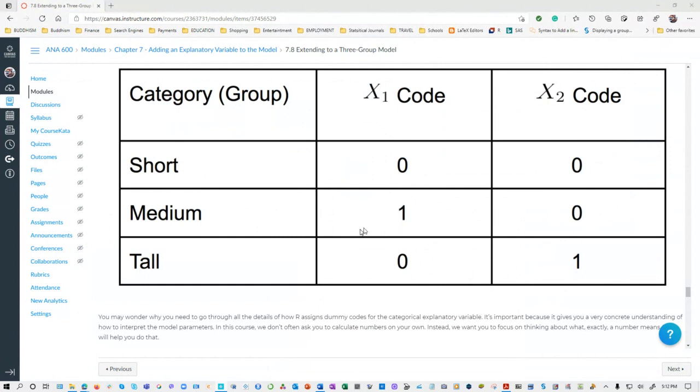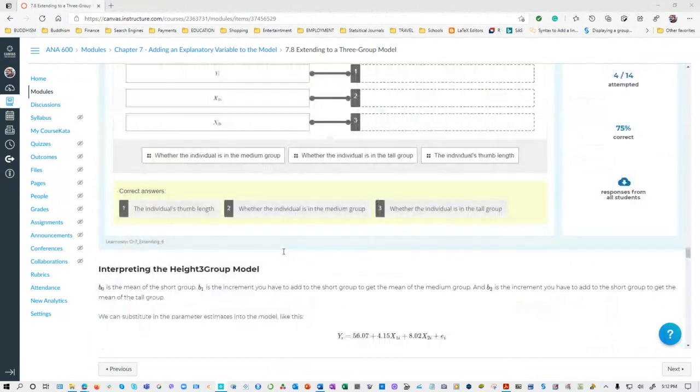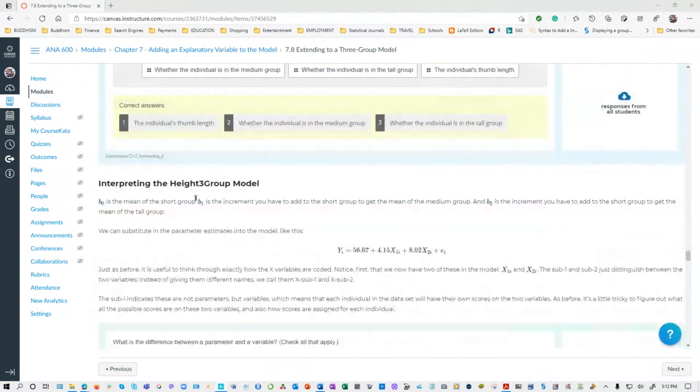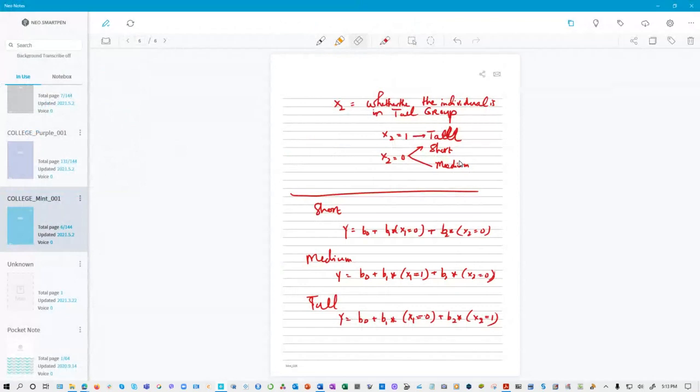See? Right there. So if you go back to here and interpret, the value B0 is the mean of the short group. B1 is the increment you have to add to the short group to get the mean of the medium group. So this means if I'm going to draw this one this time,